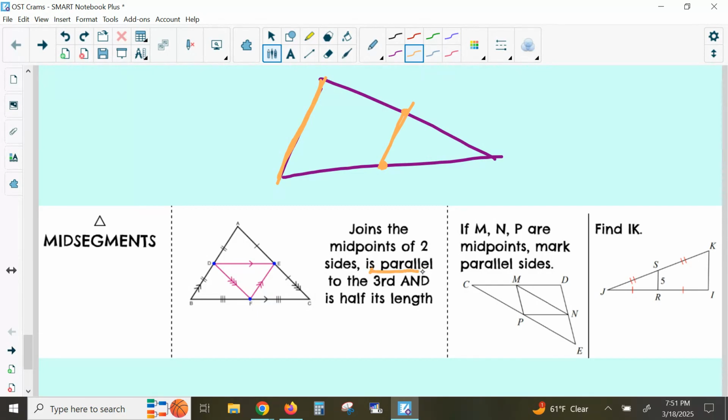if I join them, they're going to be parallel to the third side and half the length. So these are going to automatically be parallel. And one of them is going to be half the length of the other, which means if this one was 8 feet long, this one is going to be 4 feet long. So that's going to be true about all mid-segments. So if you cut it at the midpoint and connect it,